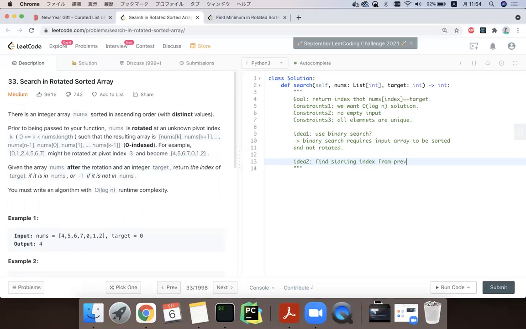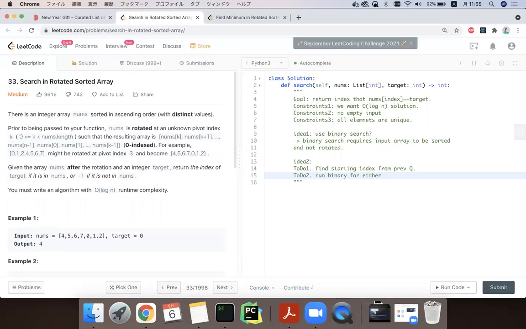That's step one. And then step two, run binary search